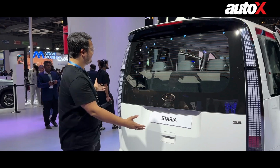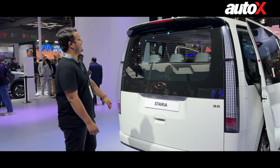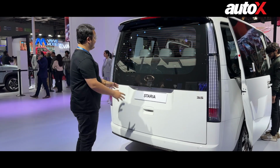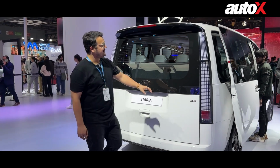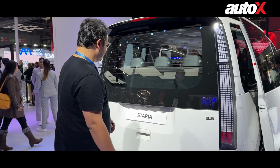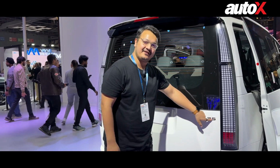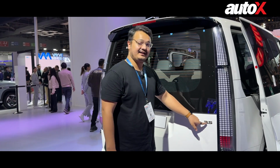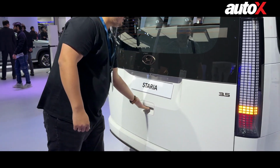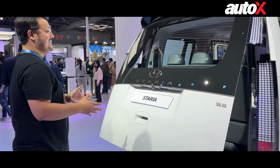Last but not the least, this is the rear profile of the Hyundai Staria. As you can see just how tall this car is. Again, a lot of glass over there, and I really like these vertically mounted tail light signatures at the back. Of course, you've got this nice 3.5 badge, because once again, as I mentioned earlier, it's got a 3.5 liter V6 under the hood. If I try opening the boot lid,